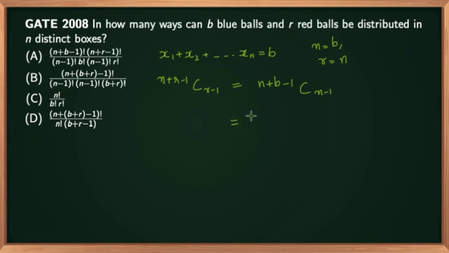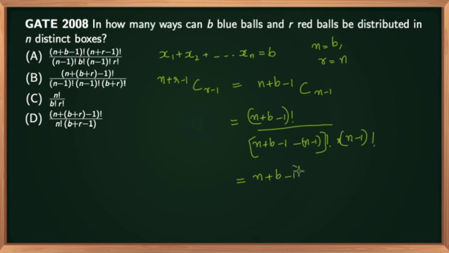So that is equal to n plus b minus 1 factorial divided by n plus b minus 1 minus n minus 1 factorial into n minus 1 factorial, right? So you know n minus 1 is there, minus of n minus 1 is there, so that will cancel out. So n plus b minus 1 factorial divided by, here it will be b factorial into n minus 1 factorial,